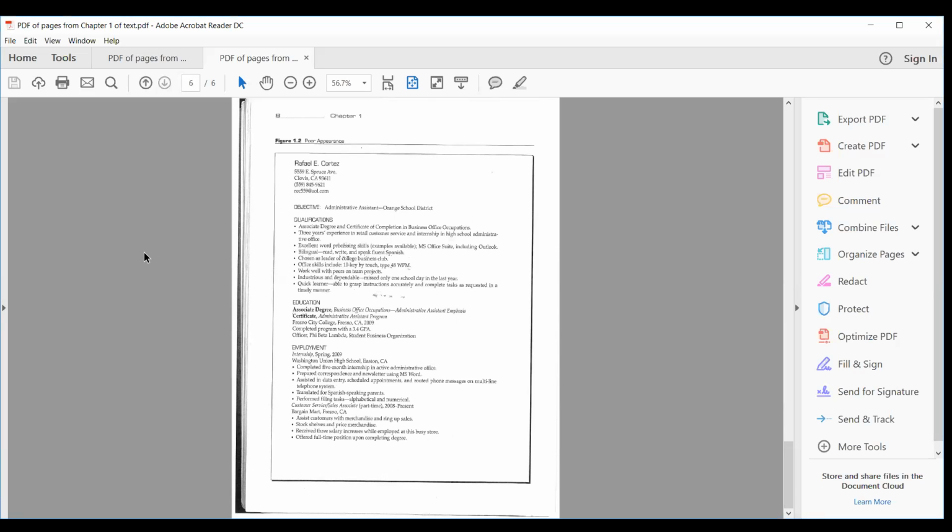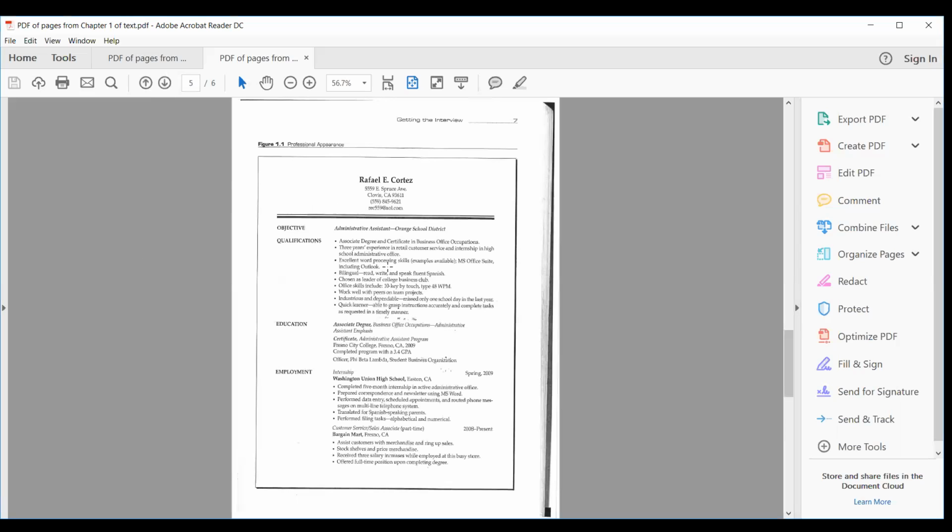So note that these are all one page. The reason they're one page is that hiring managers, as I said in class the other day, tend to get a lot of applicants, and they just really don't have time or inclination to read a lot. So we want to be short, sweet, and to the point. We want to be easy to read. This is a little, to me, hard to read, especially compared to this.